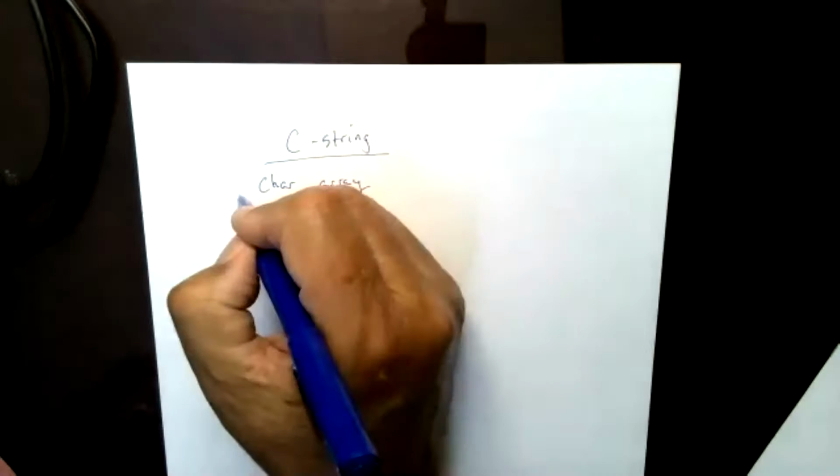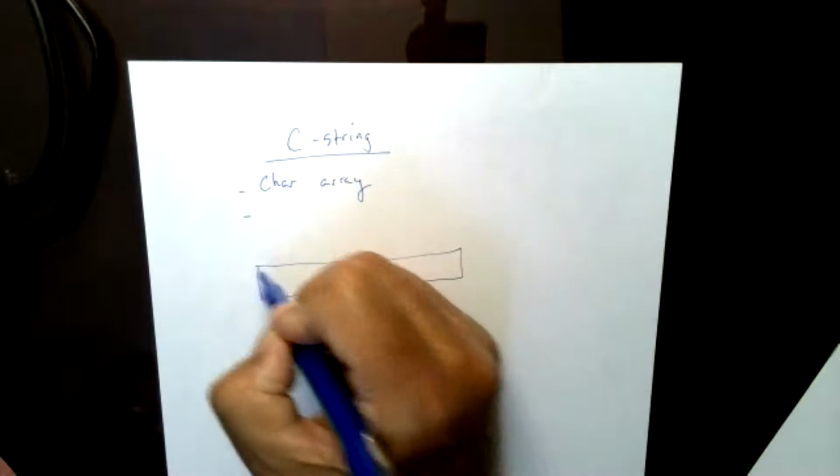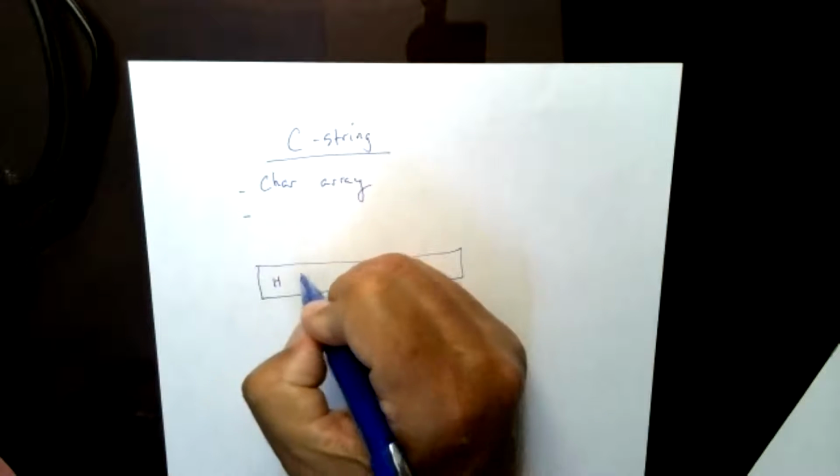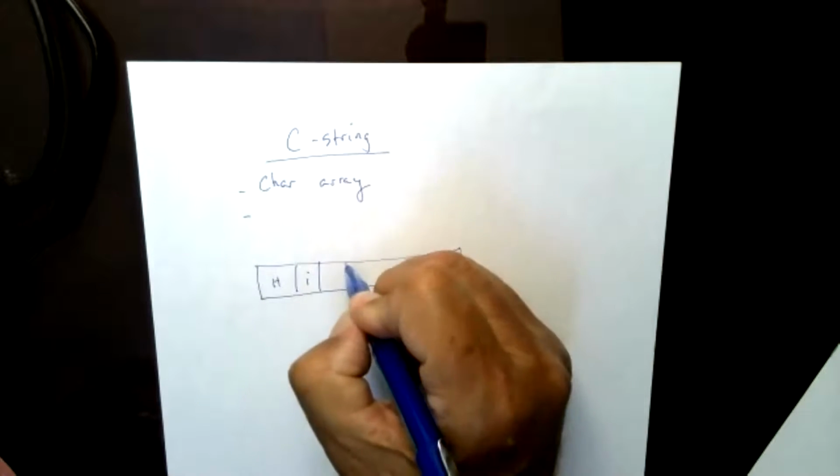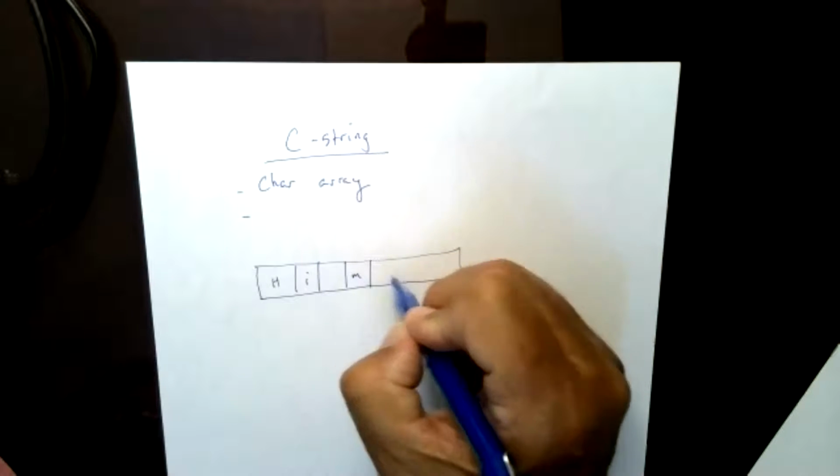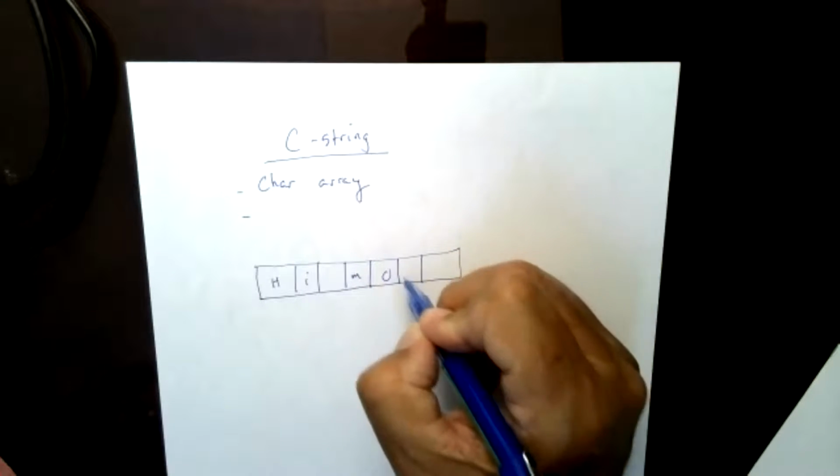C string is legacy code. It's the older code. In C, if you took a class in C, you would be dealing with C strings, but it's a character array. Give me a little bit more. What else do you have going on with the character array? So if I started putting in hi mom, I put in H, I put in I, I put in a space, I put in M, O, M.